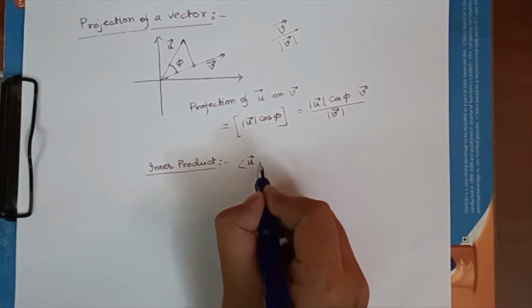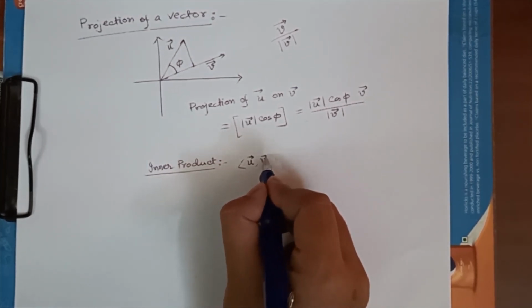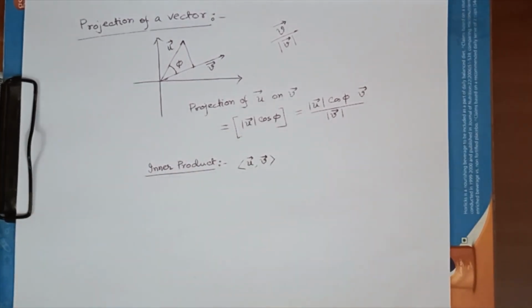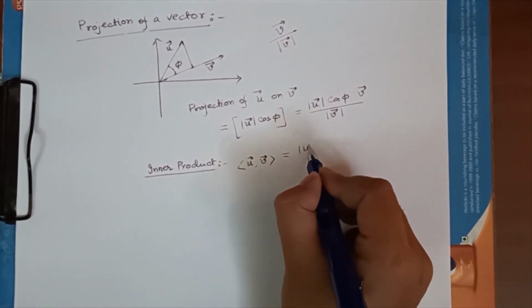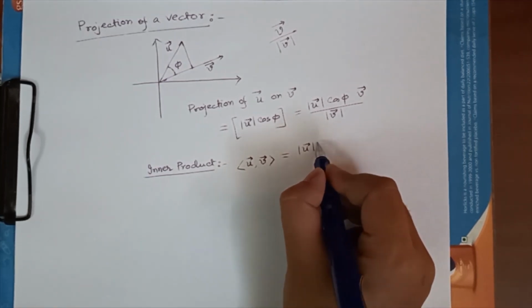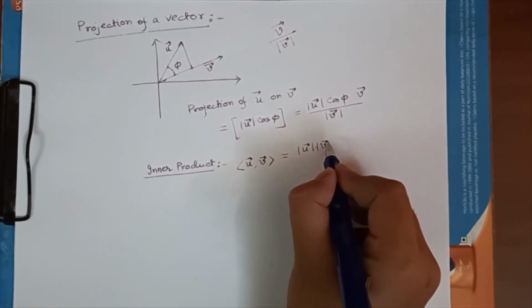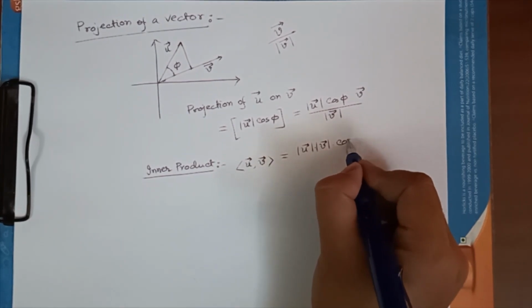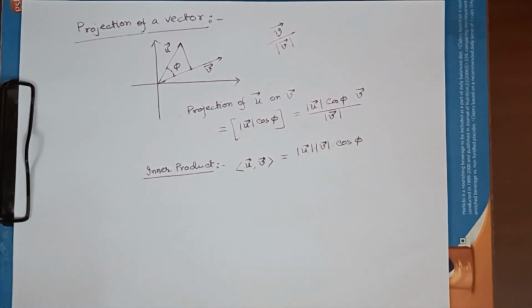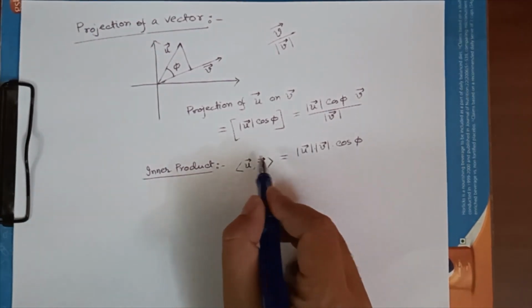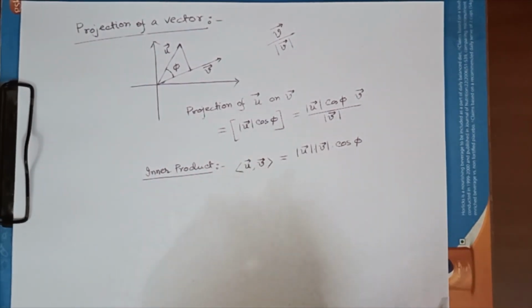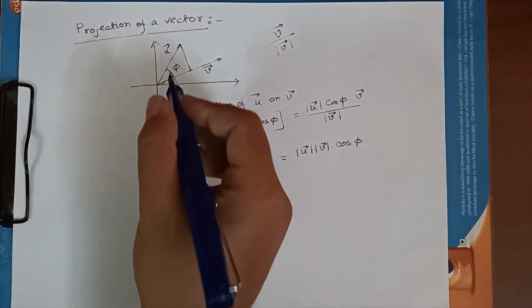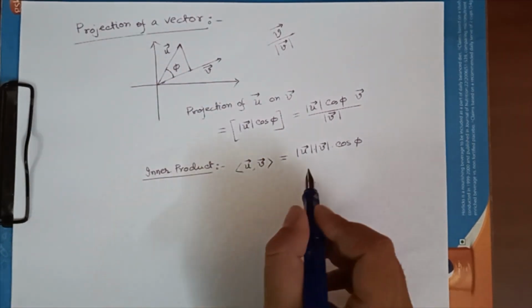It is written like this with angular brackets, and it is essentially the length of u, or the norm of u, into the length of v into cosine of phi. So this is coming from that concept of projection, and this will become really handy in understanding the geometry of any vector space, whenever it is not mere 2 dimensions, it can be a bigger dimensional space.